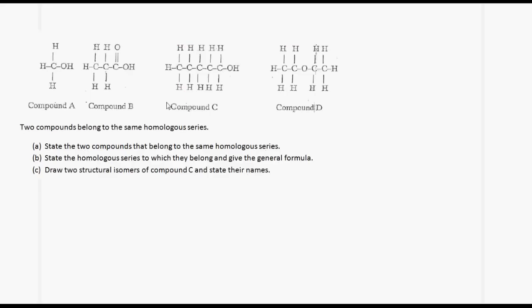In this question we have 4 compounds, and compound A is an alcohol because we have the OH group present. So A is an alcohol. In case of compound B, we have the COOH group, which is the carboxylic acid group. So it's a carbox